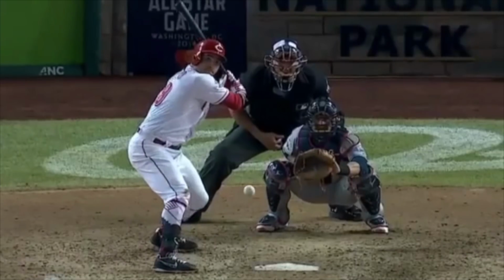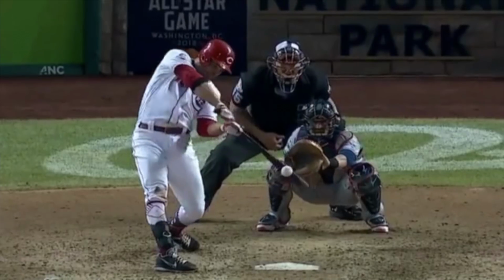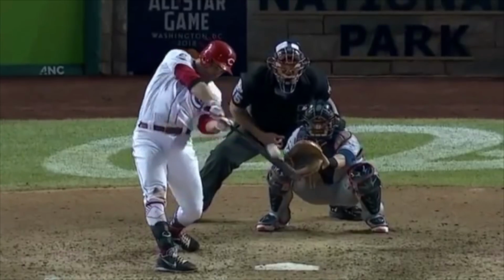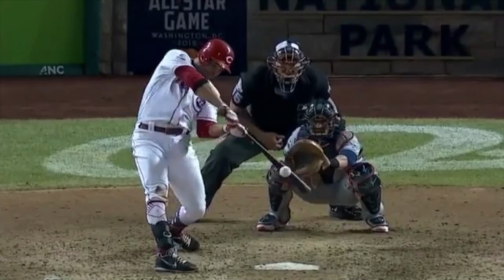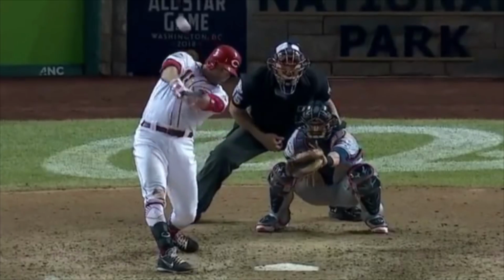The second thing is, in order to get on path with the ball, the ball's being pitched from an elevated mound overhand to a catcher that's squatted. So the ball's going to be coming slightly down. And if I want to get on path with that ball, then I have to swing slightly up like Votto's doing right here, right? The only way I can swing slightly up through the ball to be able to get in the zone early and then stay on path with the ball for a really long period of time is